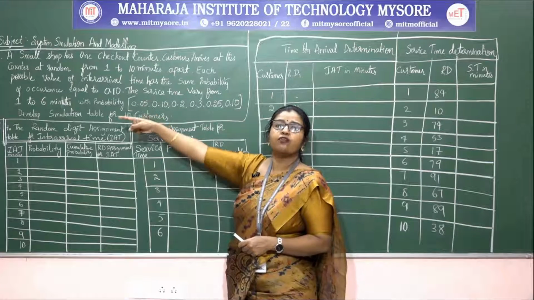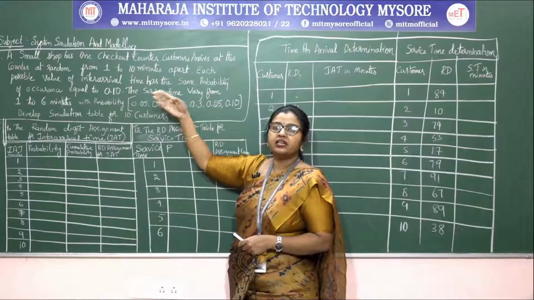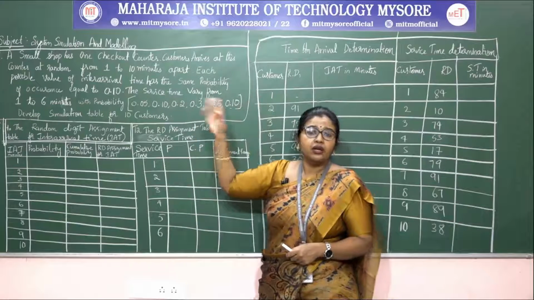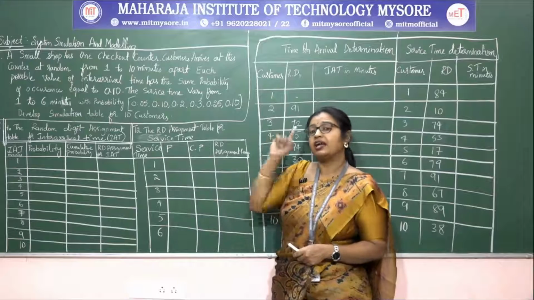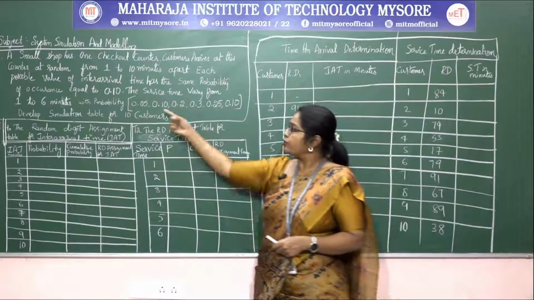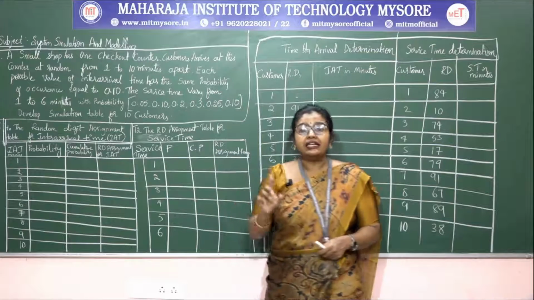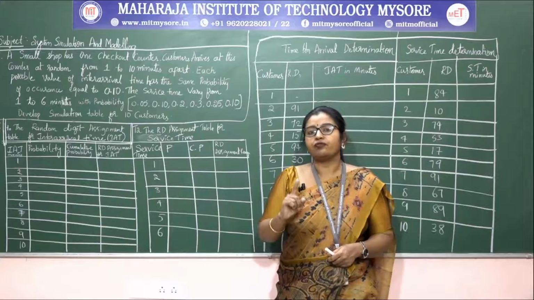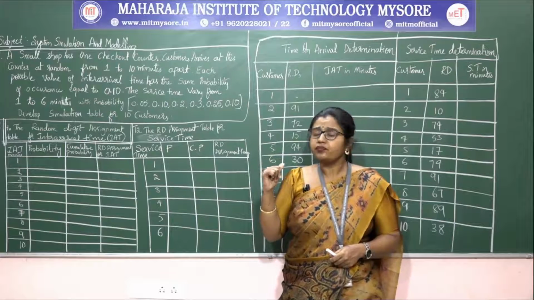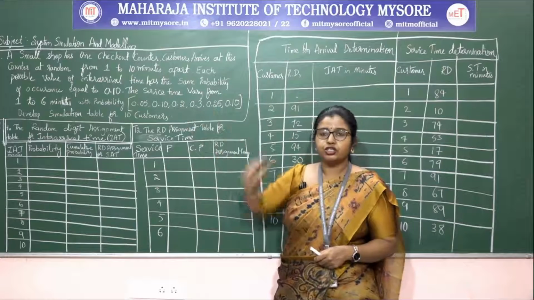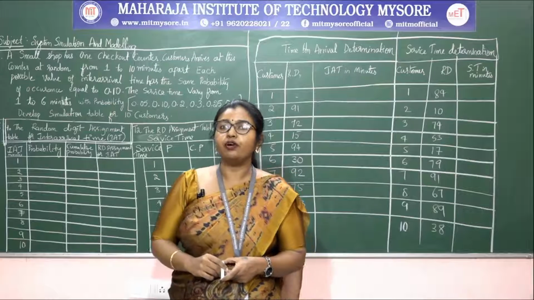5% of the customers can go for 1 minute, another 5% of the customers can go for 2 minutes, another 30% of the customers may go for 3 minutes, or again 1 minute. It depends on the random numbers you choose. So based on these given probabilities, we need to identify the inter-arrival time and the service time of the customer. Once you find out these two, you can go for simulating the small shop. That is, for a single channel queue you can have a simulation table for 10 customers.